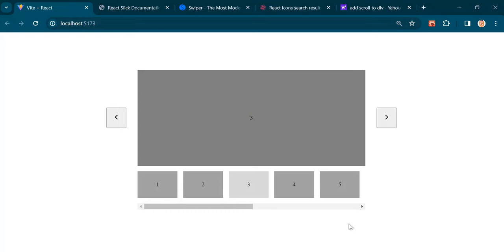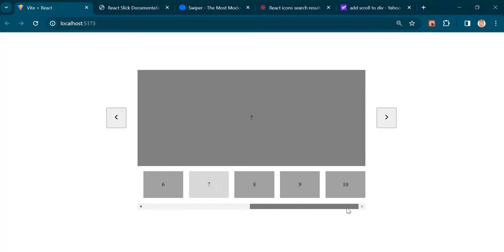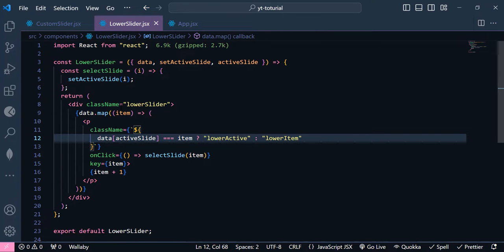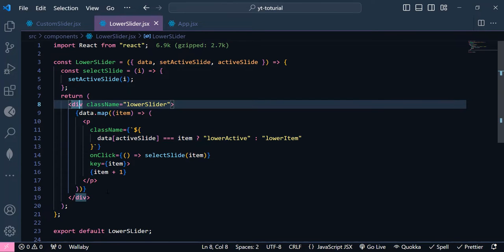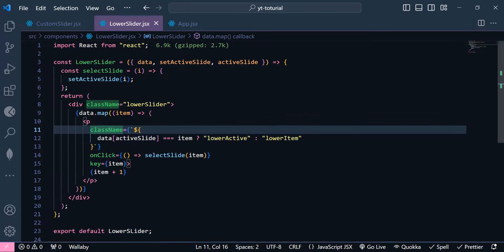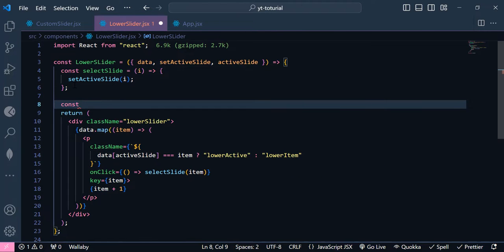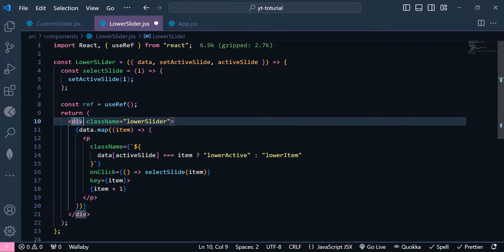So now here we get a problem. If I increment to the left side, you can see this bar is not scrolling to the right side. Now let's fix this problem. So let's close this index.css, and inside here we are going to have a useRef for this div, because we are going to target each and every paragraph inside this div. Okay, so this useRef hook will help us invoke this div. So I'm going to have a ref in here. It should be equal to useRef. Now let's pass this ref here